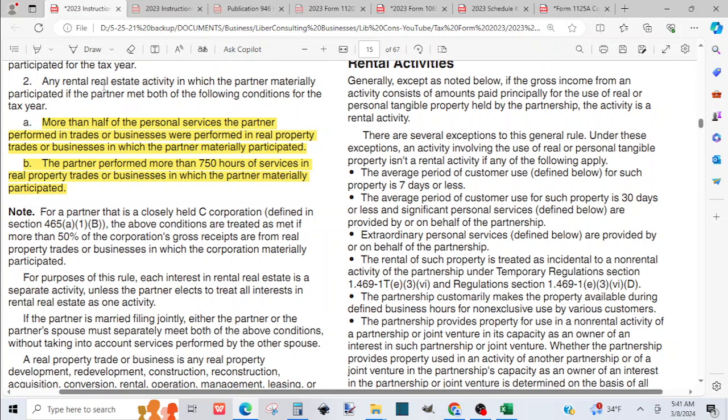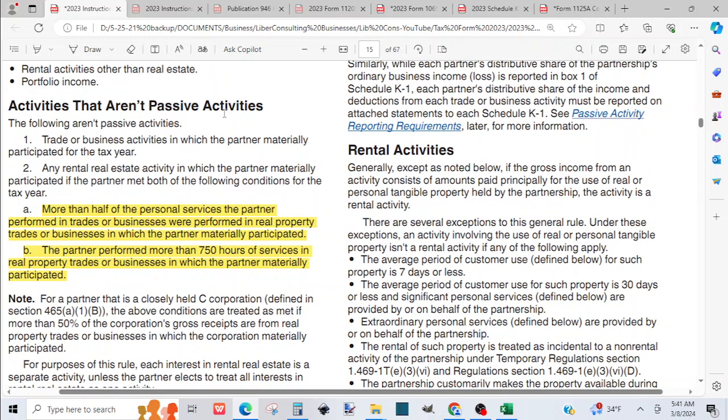So to consider a rental property as not a passive activity, any rental activity, a rental real estate activity in which the partner materially participated in. So what we'll consider is if the partner met both of the following conditions: more than half the personal service